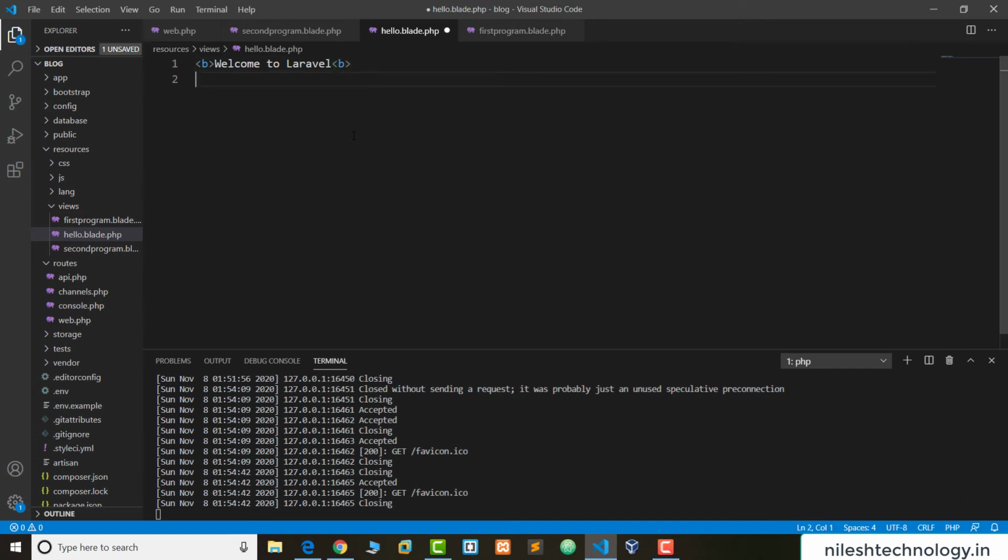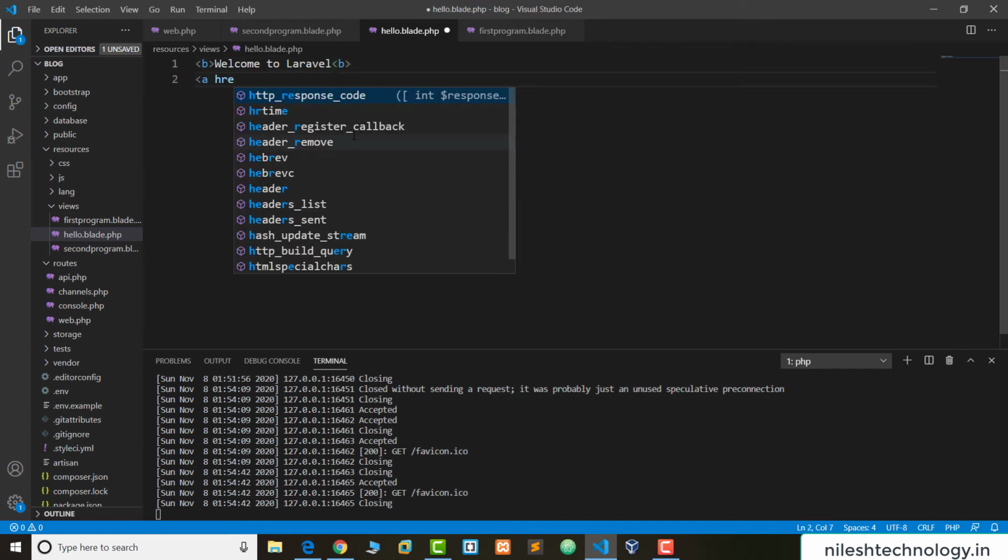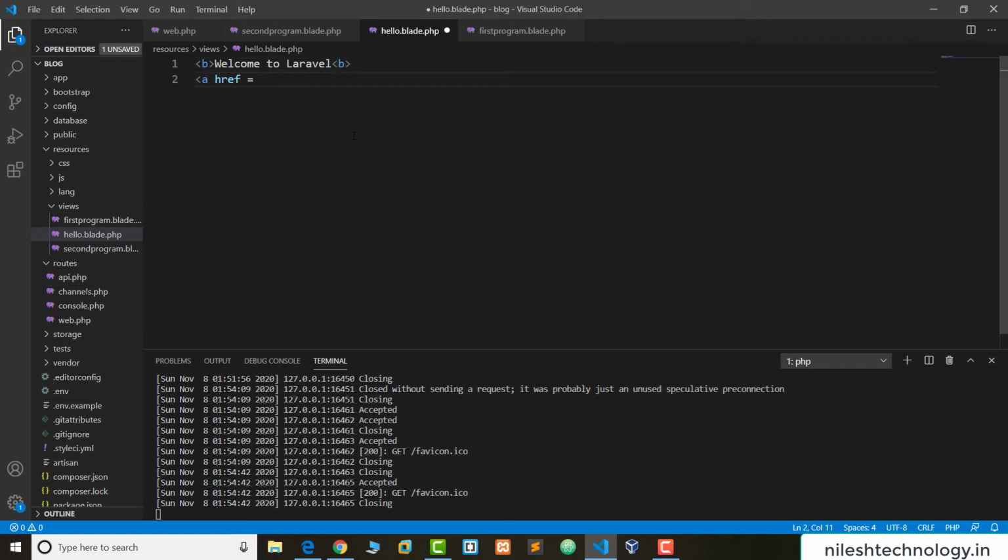Here, welcome to Laravel, a href equal to, this is my file name, and this is my anchor link, first program. Again we use another one, second program, and here we are using slash first and slash second.